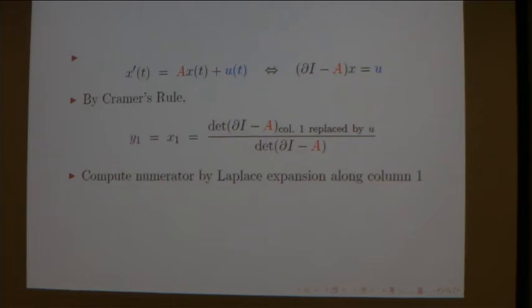So then the only thing left to get back to the actual result, right, is that I just need to compute the derivative of the top, right? And in this case, what is u? U is the input variable, right? I only have one input variable, right? So my vector u is u1 and then 0, 0, 0, 0, 0, 0, 0, right? So if I do Laplace expansion to compute this determinant along that column, it's very easy, right? And then you get back basically this determinant here,